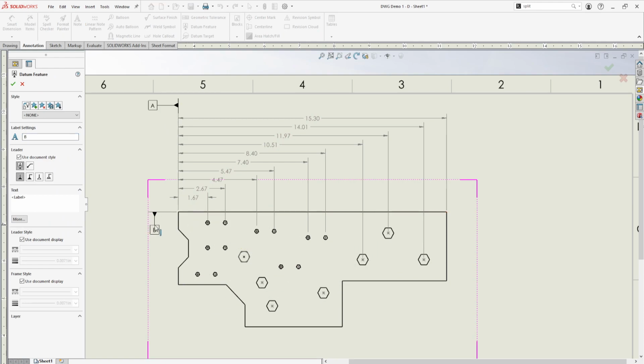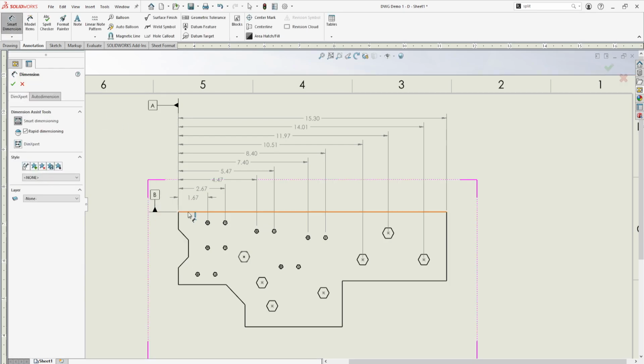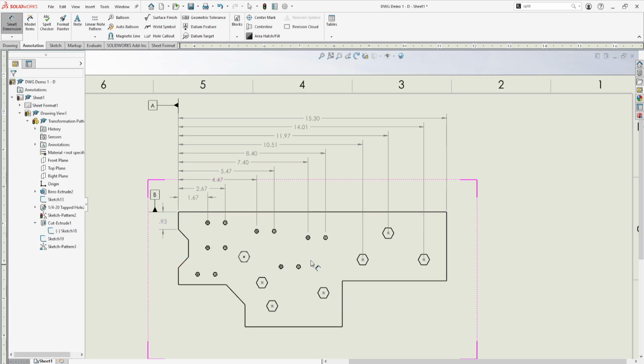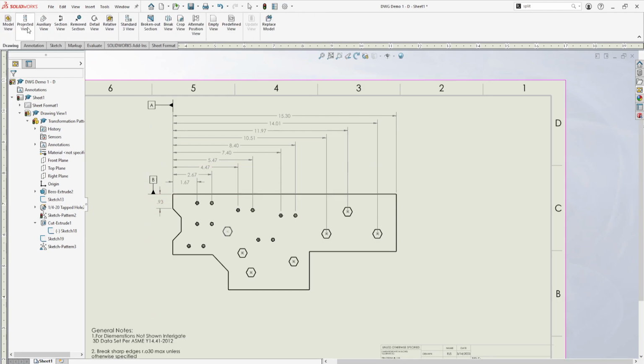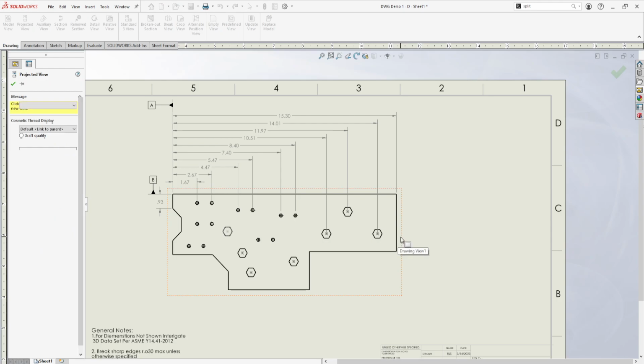We can then set other datums, such as deciding that this is datum B, and then we would dimension from that edge. So this would be your primary datum, secondary datum, and for your tertiary datum, we could do a projected view,